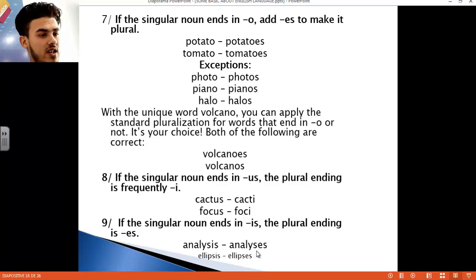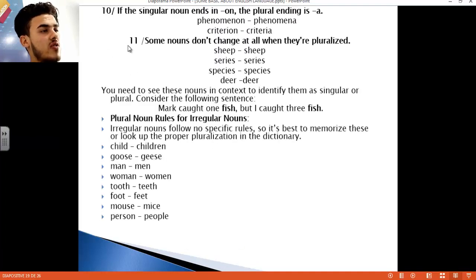Like here, analysis, analysis, ellipsis, ellipsis. The tenth rule: if the singular noun ends in -on, the plural ending is -a. Like here, the word phenomenon, and its plural is phenomena. Criterion, criteria. Some nouns don't change at all when they are pluralized, like sheep, sheep, series, series, species,